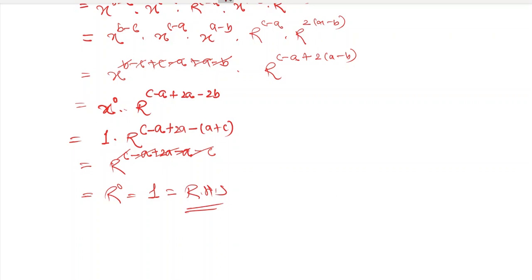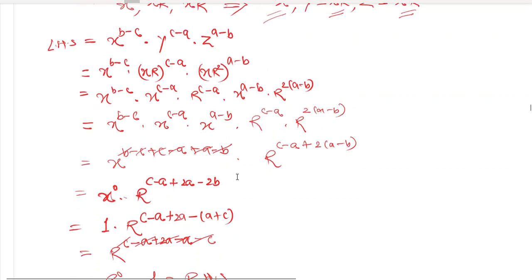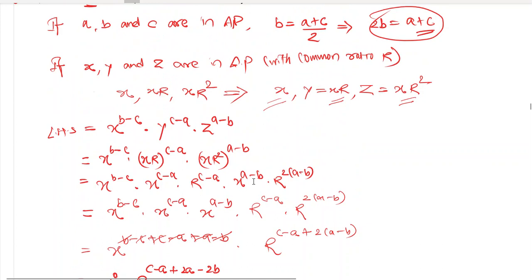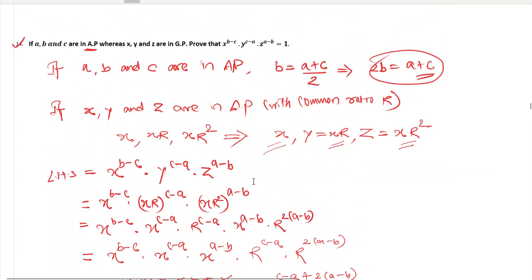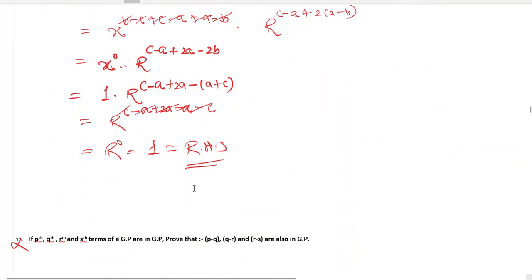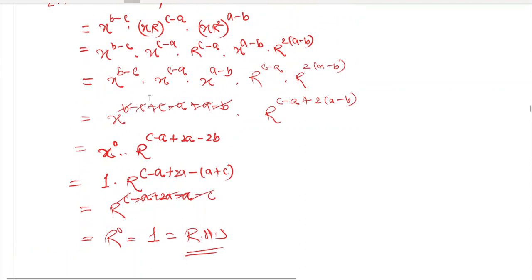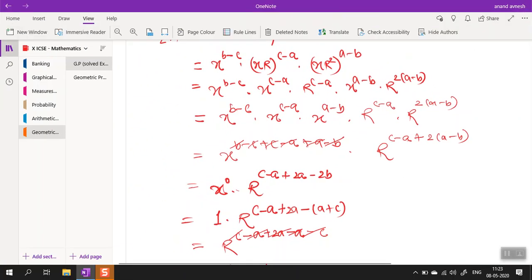So very much similar to the previous question, 11th question. This is also similar, but this is easier than question number 11, because that was too much of a mess over there in the exponents, the powers. Here just that AP thing was a little bit different. Okay, so that is your part C, which we have done. There are many questions in this particular folder which are not in your syllabus, so we are going to omit them. But there is one topic which we have to study now, that is properties of GP. Let's do that.